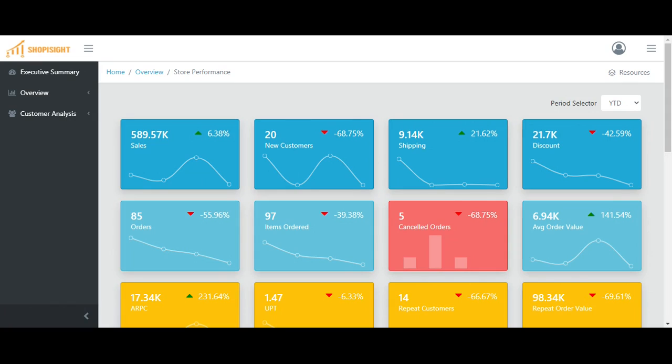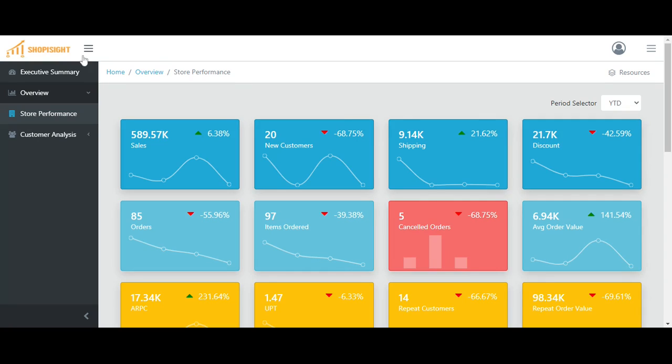In this video, we will cover the store performance module and understand what is the information being shown and how we can use this to improve our business performance. Let's get into it. Now, the store performance module can be accessed under the overview heading on the left side